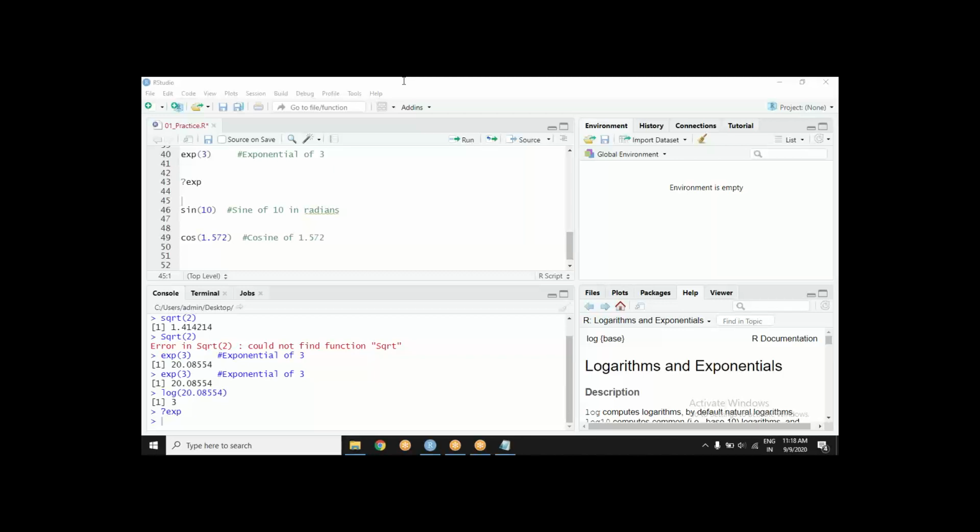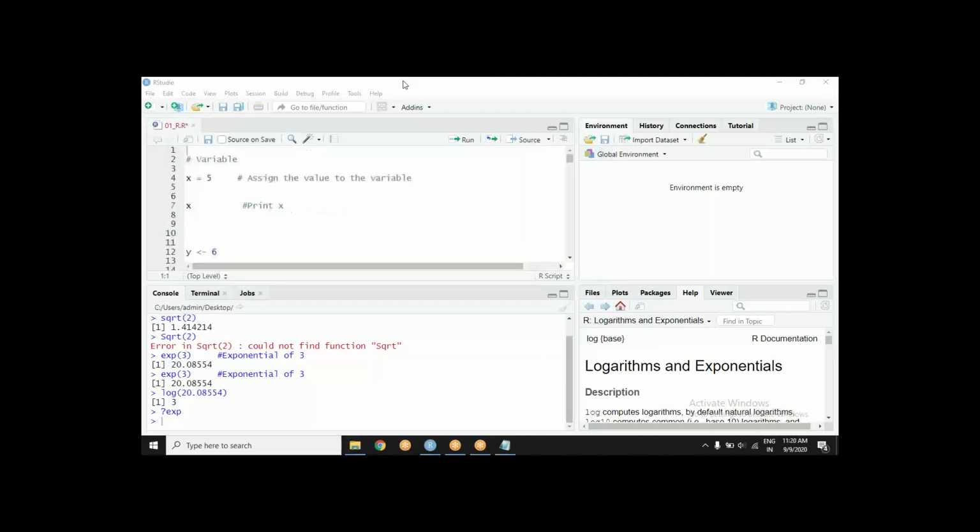Now comes some serious business. That is the concept of a variable. Remember, what did we use?